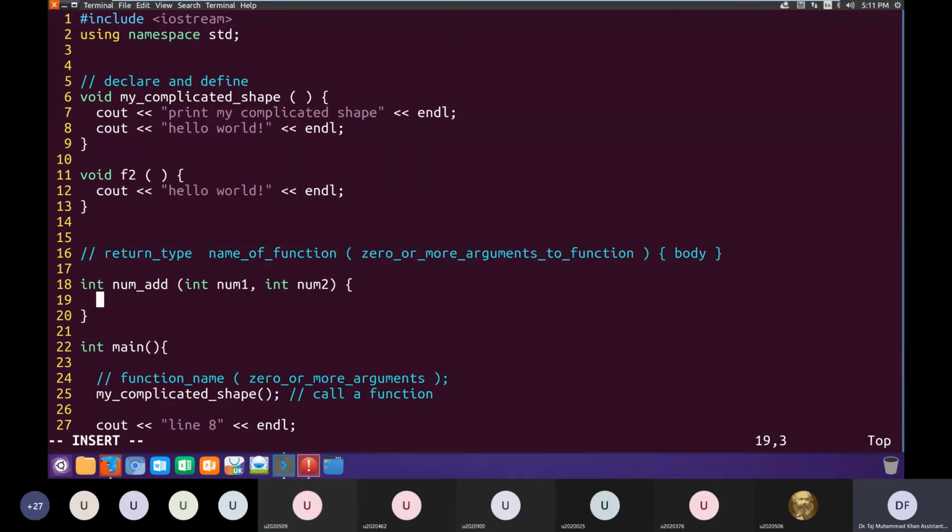We want to make a function that adds two numbers. Whenever this function is called, we'll give it two numbers, which it will get in num1 and num2. So what we want this function to do is add those two numbers and create a sum. So we'll declare a variable sum, and we'll add these two numbers, num1 plus num2, that this function has received.